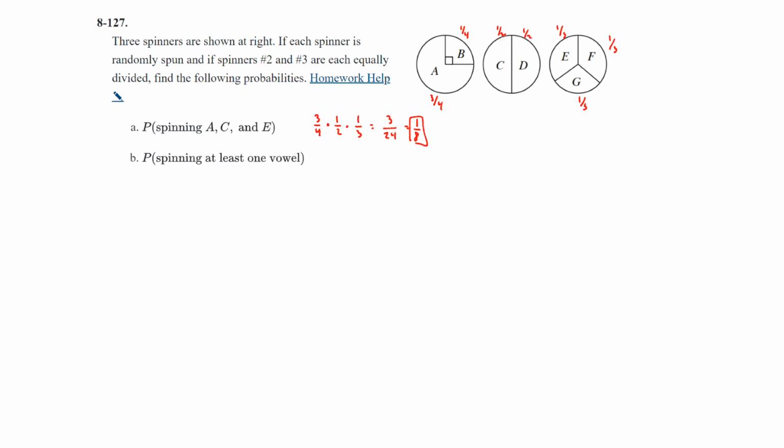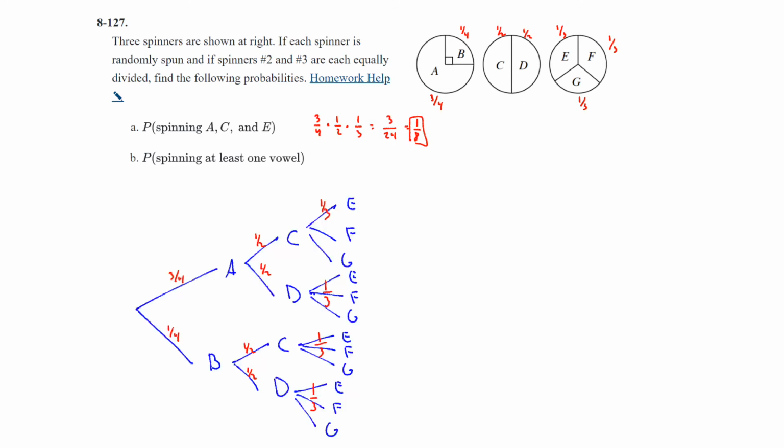On B, spinning at least one vowel. So I went ahead and set up the tree diagram, and then we can figure out what the probability of spinning at least one vowel is. So once you spin the A, you're good. So all of these other 6, whether it's A, D, F, or A, C, E, all of these 6 are going to work. So if you look at your probabilities, 3/4, 1/2, and 1/3, and you multiply that, then you're going to get,